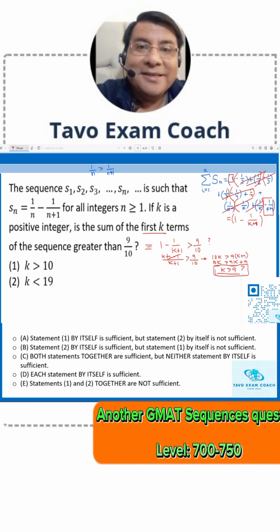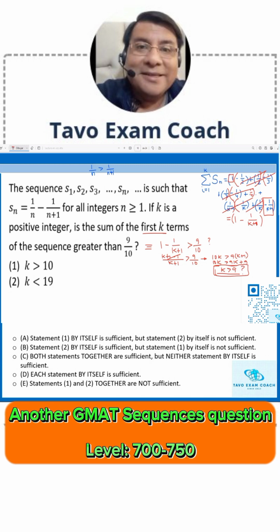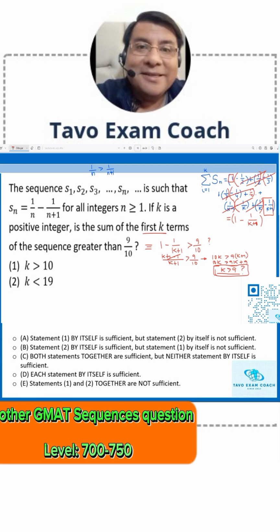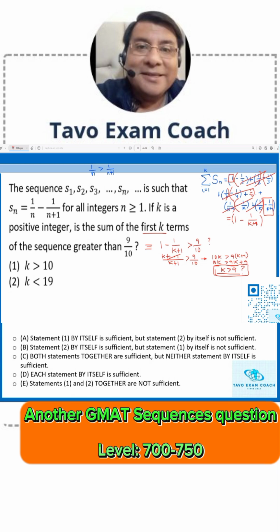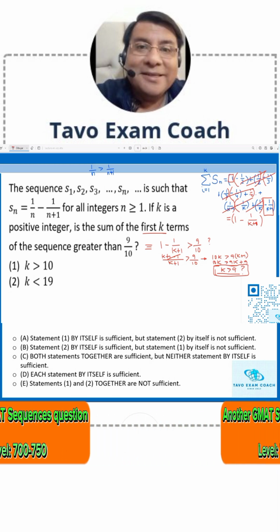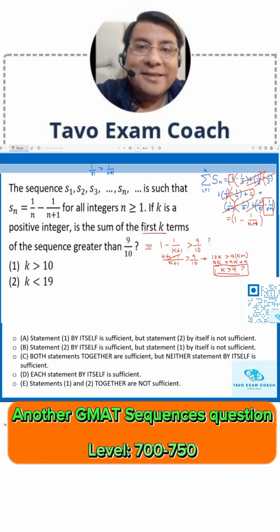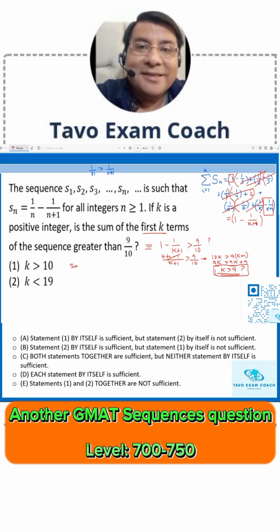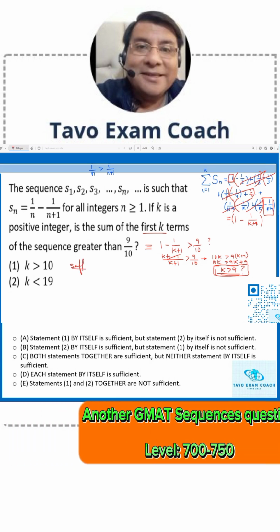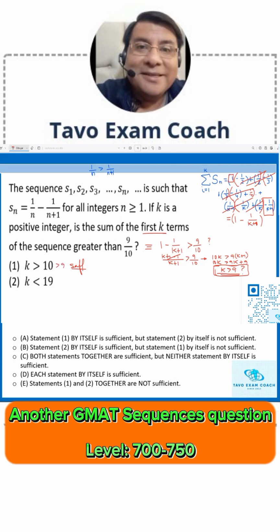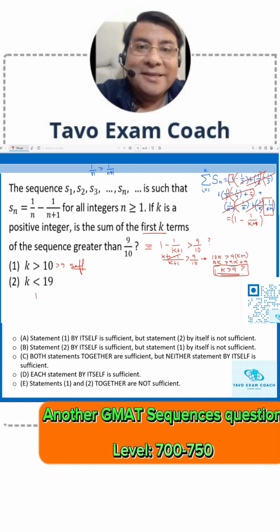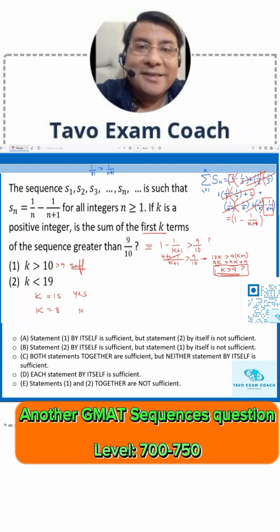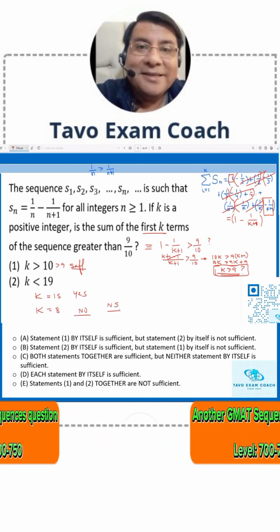So with this, we can easily analyze the statements. We don't need to crack our heads to say, oh, how do I interpret k greater than 10 or k is less than 19? With statement 1, we know that for the sum of the first k terms of the sequence to be greater than 9 over 10, k needs to be greater than 9. So statement 1 alone is sufficient, because k, a number greater than 10, is always greater than 9. What about the second? Well, a number that is less than 19 could be 15, an affirmative answer to the question. It could be 8, a negative answer to the question. So statement 2 alone is not sufficient. The correct answer